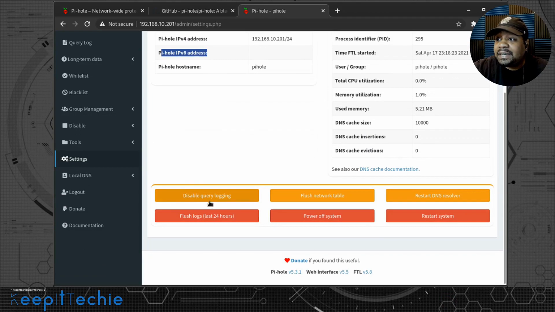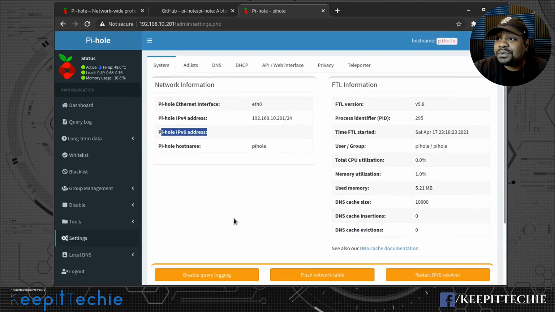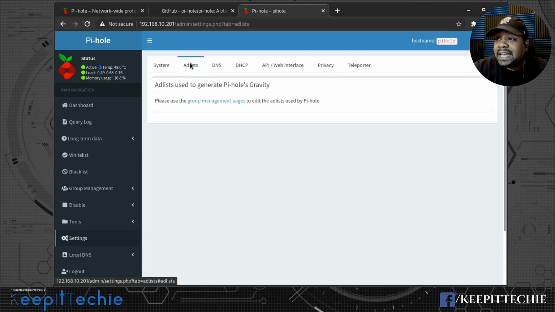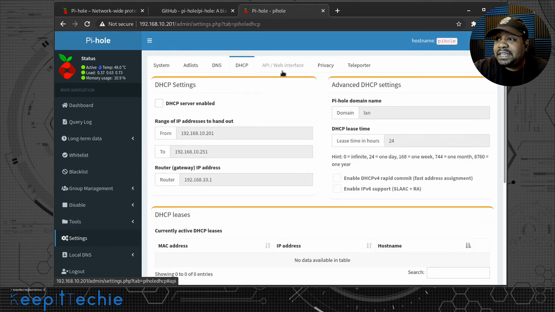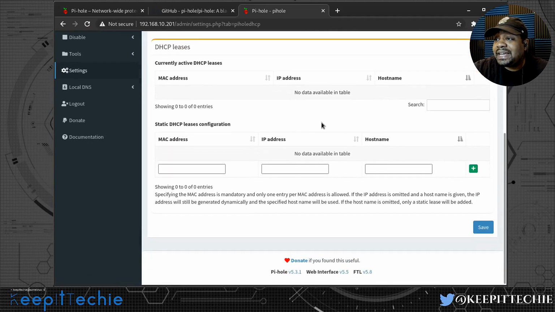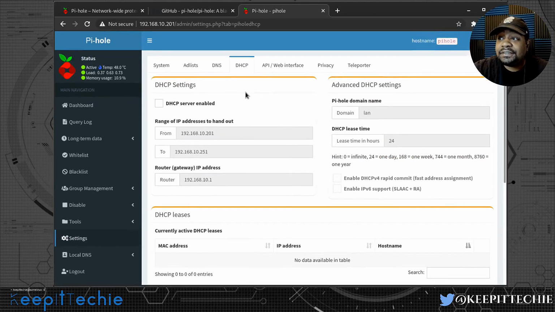And then you got disable query logging, flush network tables, restore DNS resolver, restore system, power off system, flush logs last 24 hours. And then right here is the ad list, DNS right here, DHCP. If you want to manage DHCP on here, you can actually set up and run a DHCP server here. So super cool that you can actually do that. And then down here is the leasing information, so you can see all that information here, and you can manage your network using this